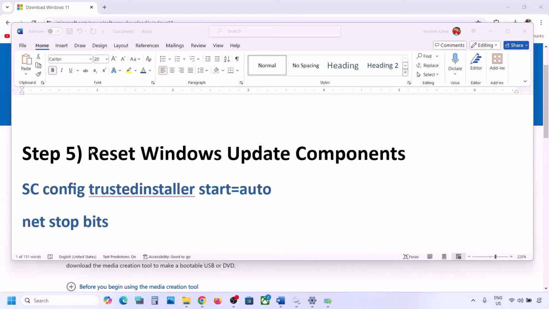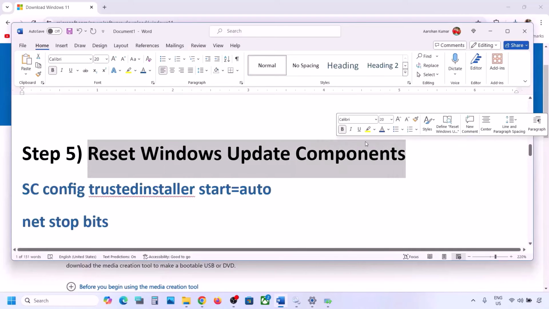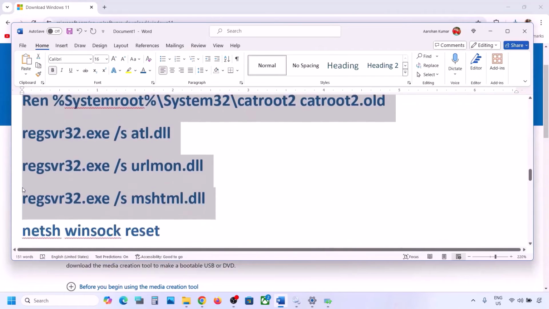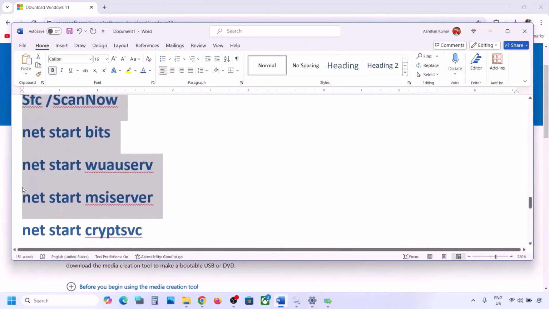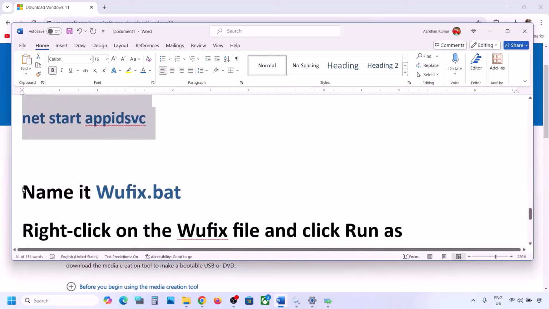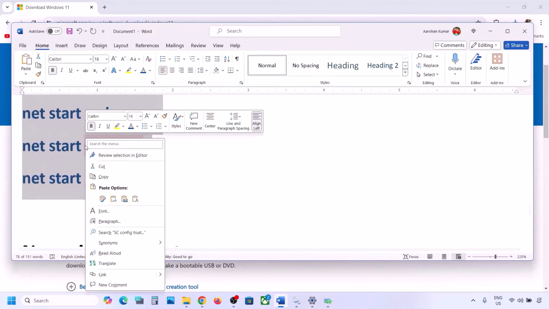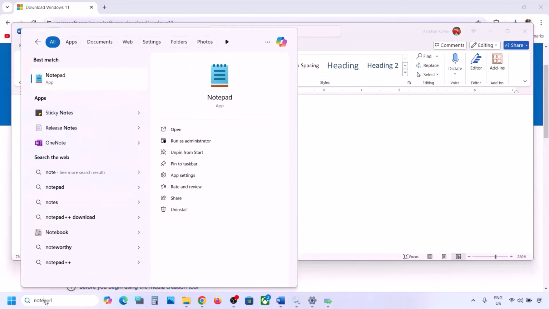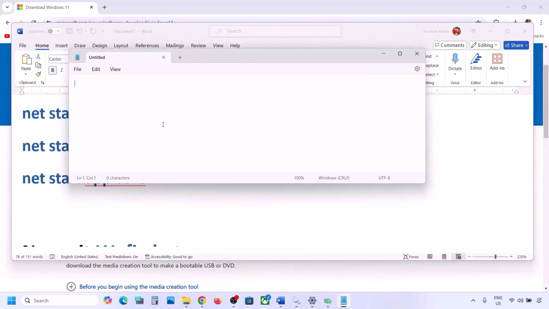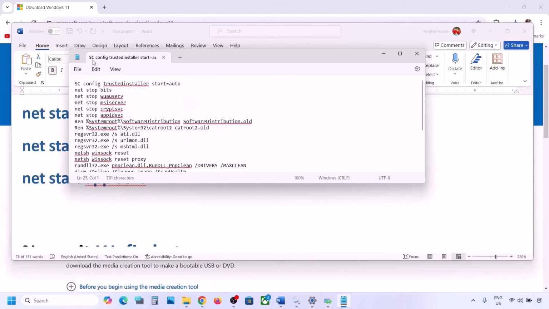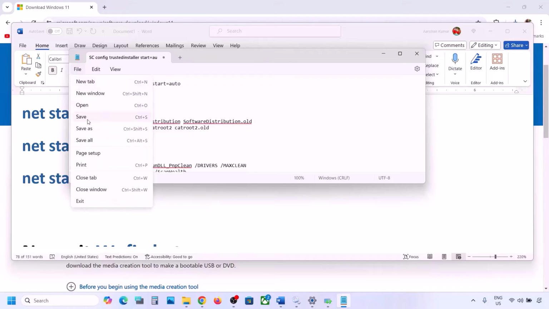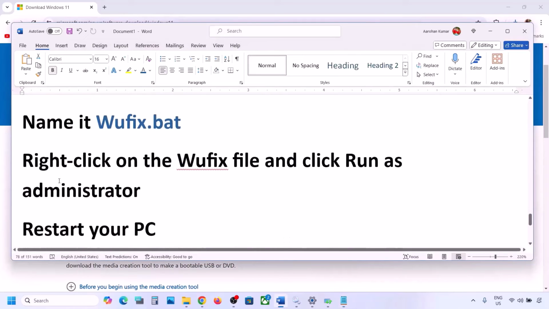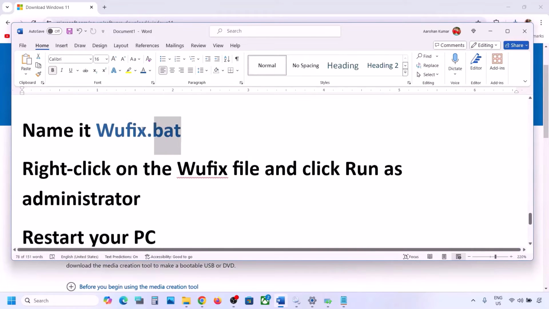Now the next step is to reset Windows Update components. Now for this, copy all these commands. These commands are provided in the video description, so copy it till here. Now once you copy it, open Notepad on your computer, and then in the Notepad you can paste all the commands, and then go to file on the top, click on save as, and then you can name this file as